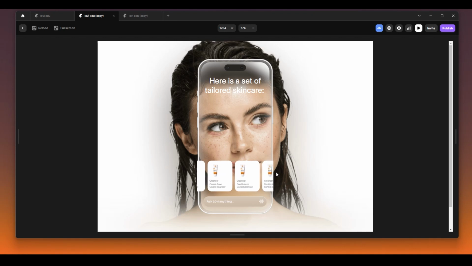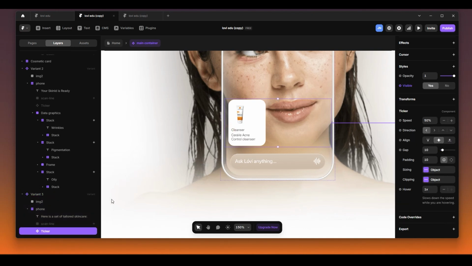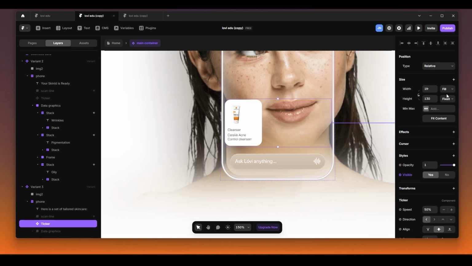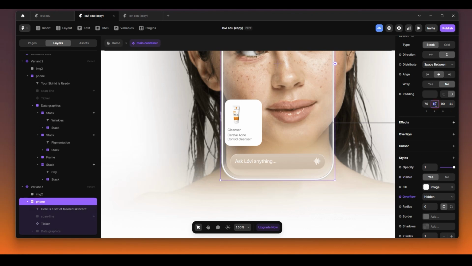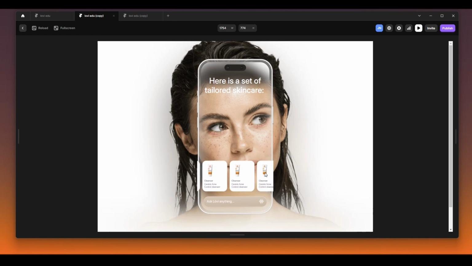Again, we also need, as you can see, we have some problem here. So this is about, again, overflow. So we need to come to this sticker and let us remove the padding, and let us make sure the width is the font here. We can increase the right padding and the left padding, so we have enough space here, as you can see. So I think that's good. So we view our page now. We have something here, but